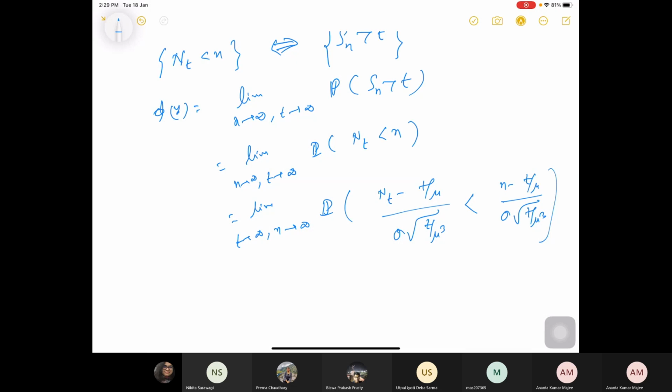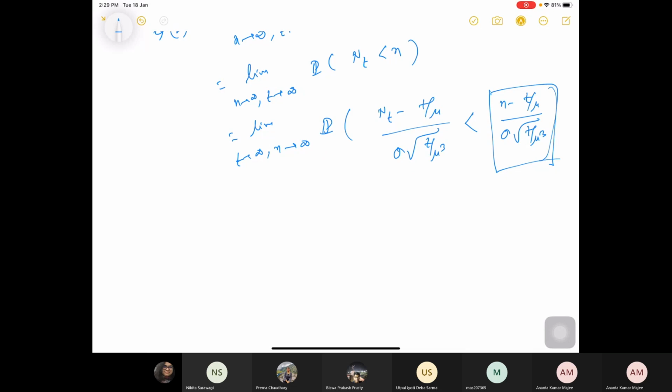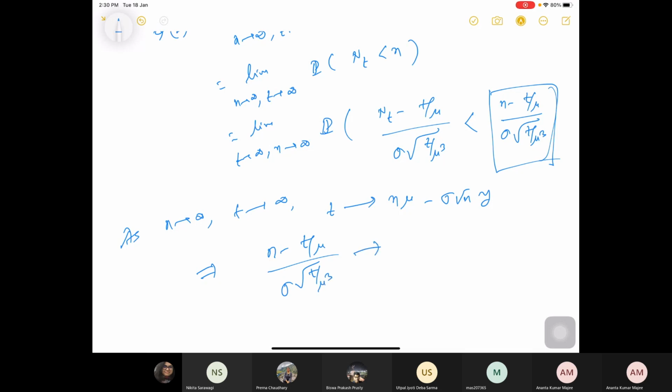Okay, so now I try to find out the limit as t goes to infinity and n goes to infinity, what happened in this case. So now see that as n goes to infinity and t goes to infinity, what I know is that t converges to n mu minus sigma root n y. Okay, so from here what I can write down is that (n minus t by mu) by (sigma root of t by mu cube), you check yourself, this converges to y times root of n mu by t,